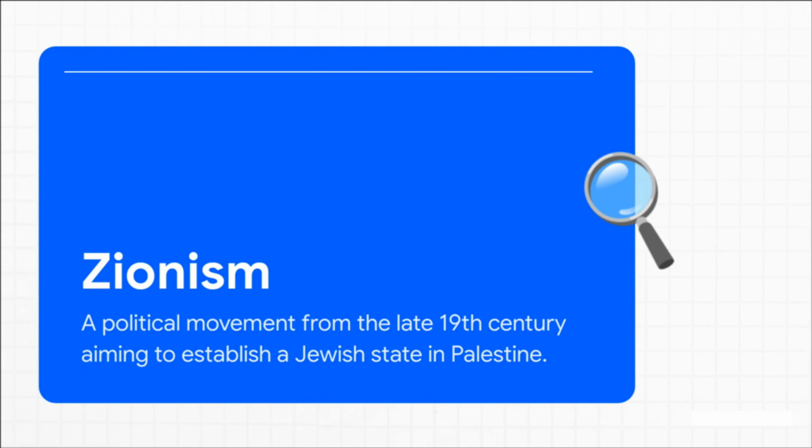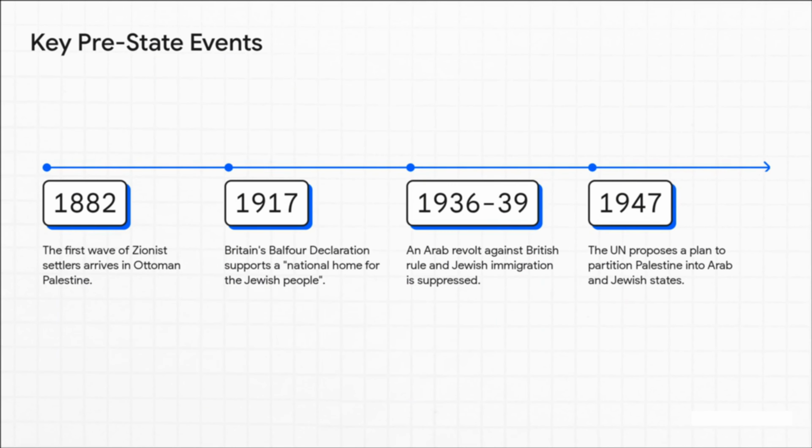It's the late 1800s. Old empires are starting to fade, and these new ideas of nationhood are popping up everywhere. In Europe, you have the rise of Zionism, this political movement to establish a Jewish state in their ancestral homeland. And at the very same time, in the very same region, which was then part of the Ottoman Empire, you have the rise of Arab nationalism. So right from the get-go, you have two peoples with incredibly deep roots and claims to the same land on a collision course.